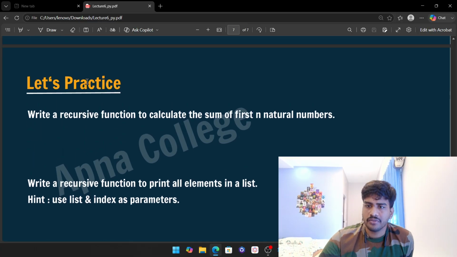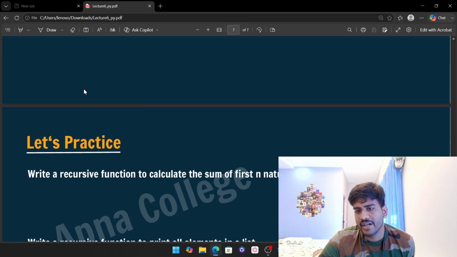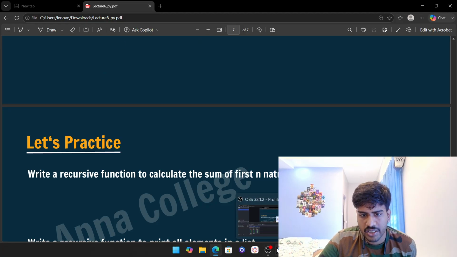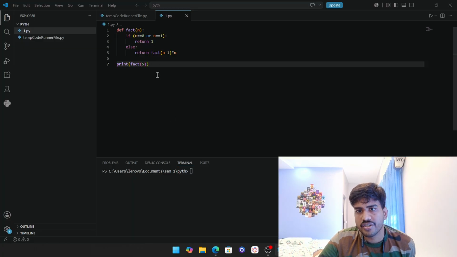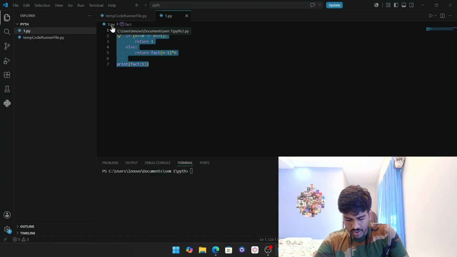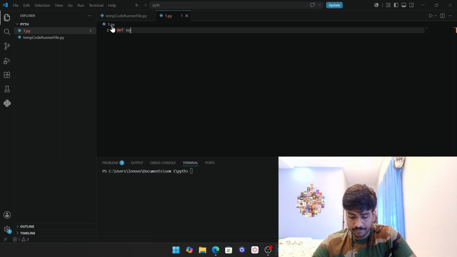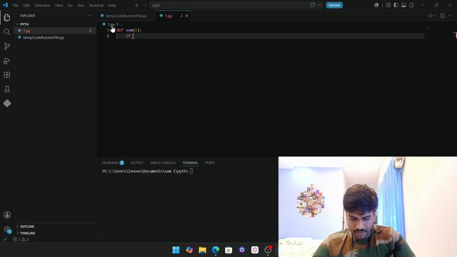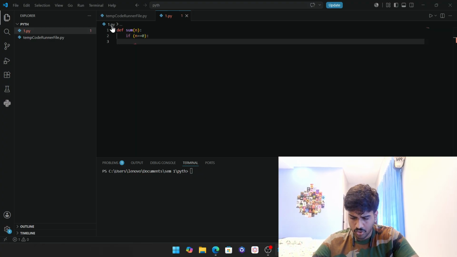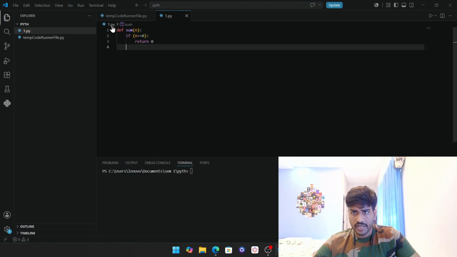Let's take the last question of our lecture, that is, write a recursive function to calculate the sum of first n natural numbers, right, using recursion? So let us do this. Sum of, let's suppose, n. Now if the sum of 0 is what? Of course, it's going to be 0. Return 0, right? Else,